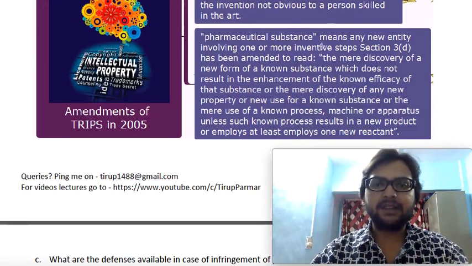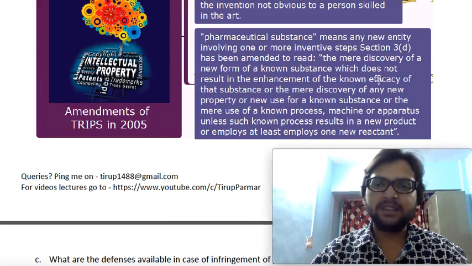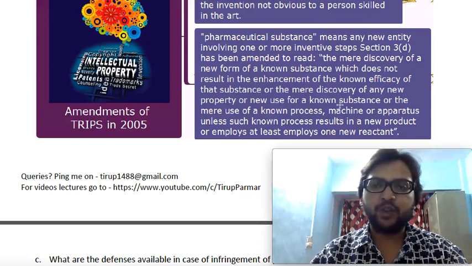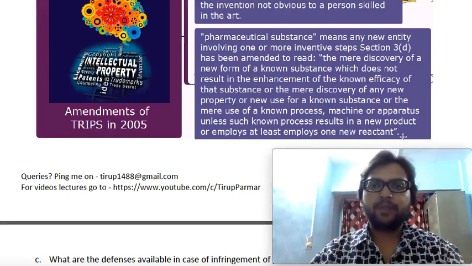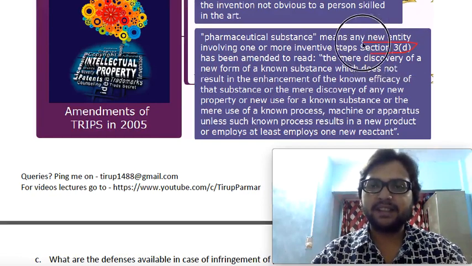Next is pharmaceutical substance, meaning any new entity involving one or more inventive steps. Section 3D has been amended to read: the mere discovery of a new form of a known substance which does not result in enhancement of the known efficacy of that substance, or the mere discovery of any new property or new use for a known substance, or the mere use of a known process, machine or apparatus, unless such known process results in a new product or employs one new reactant. So under section 3D, if we have invented or made some changes in an existing idea, but